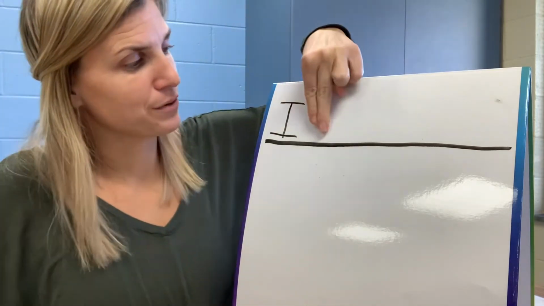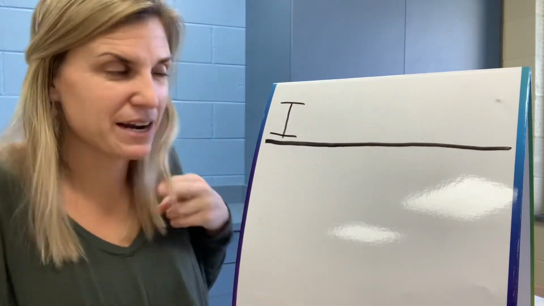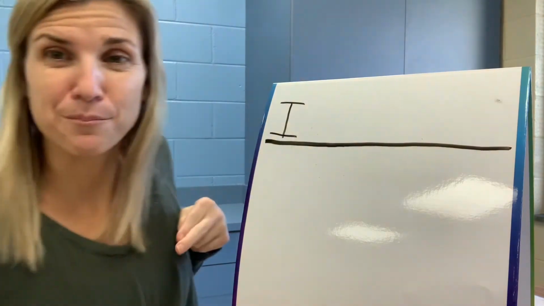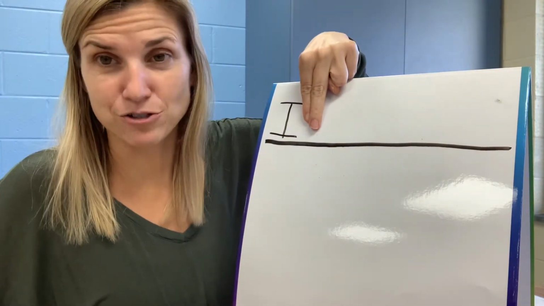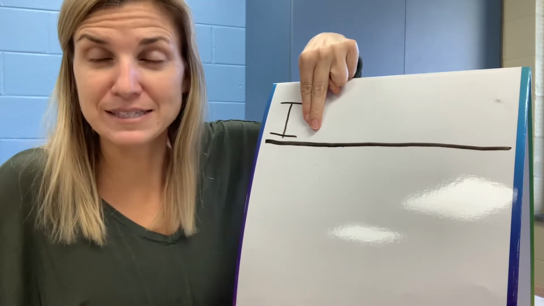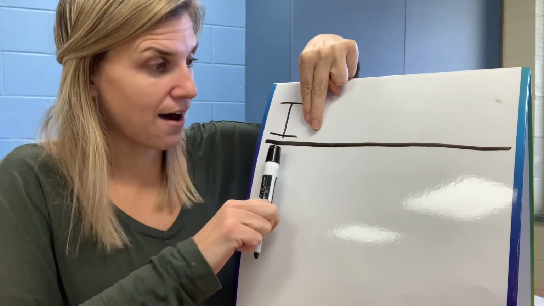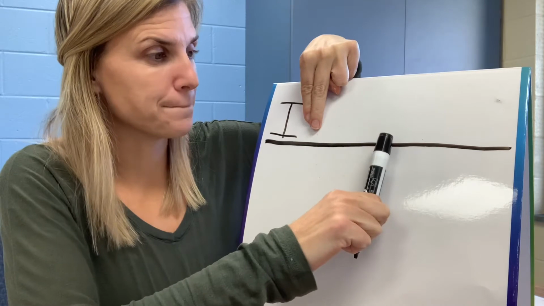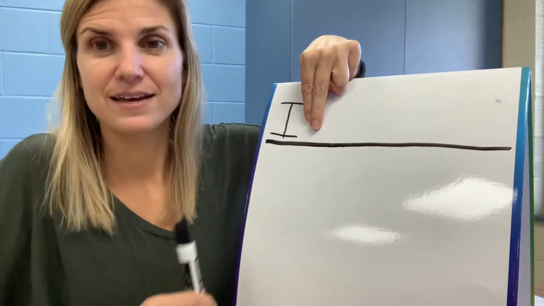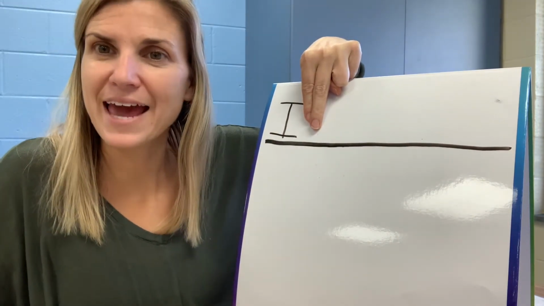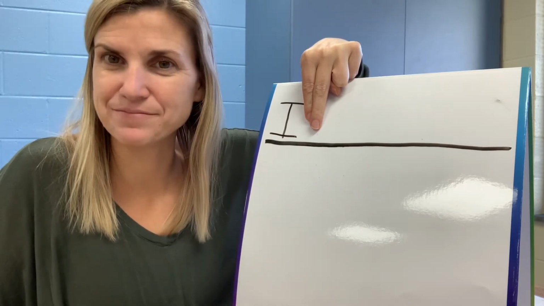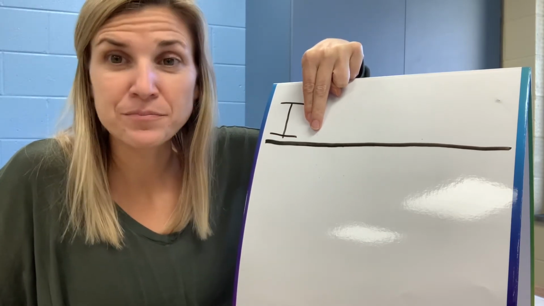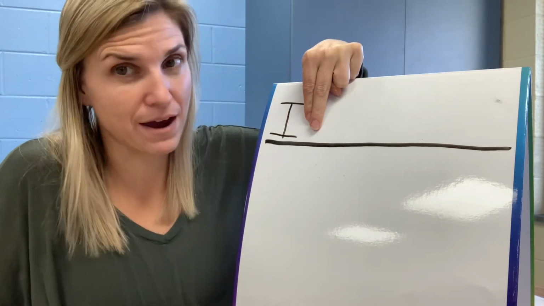Now the next thing I need to remember is after my word, I need 2 finger space. So I'm actually going to put 2 fingers down. If I was writing at my house, I would go like this, but you wouldn't be able to see me. So I'm just going to use my 2 fingers like this to make sure I have a space. Now, let's say our sentence again. I can be nice. Can. What sound do you hear in can? You might hear a C or you might hear a K.